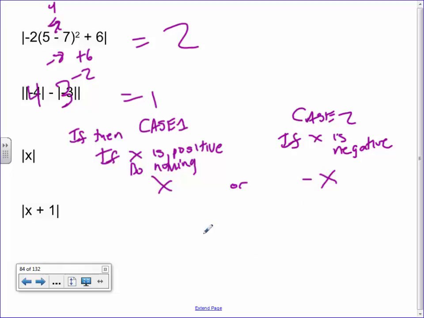So here's how I like to show it. On this next one here, here's how I'll write this out. It could be just good old x plus 1. Nothing special. If it was positive, it's still positive. But what if the stuff in the absolute value sign was negative? Well, then we just add an extra negative. So it would have been x plus 1, and I'm just going to add an extra negative in front of it. All you have to do now is distribute the negative. So it's actually negative x minus